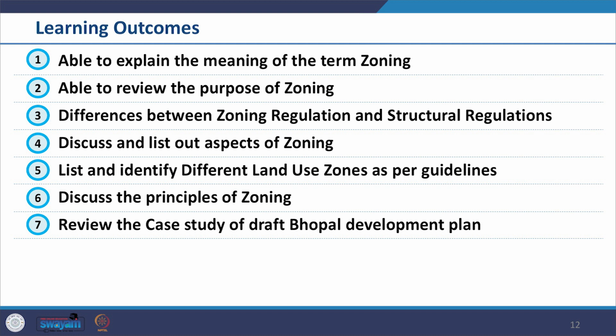You should be able to list and identify land use zones as per the guidelines, and to use them also. You should be able to discuss the principles of zoning and, comprehensively, review the case study of the draft Bhopal development plan and the overall relevance of the tool with its ground translation and its eventual impact on the community.